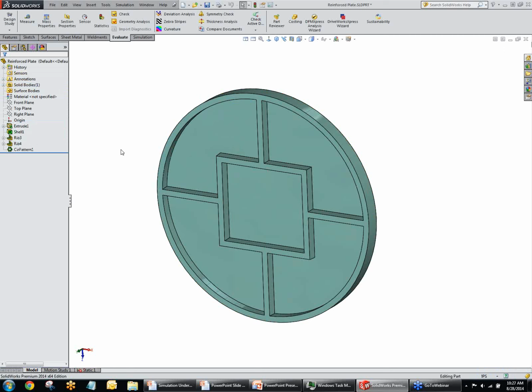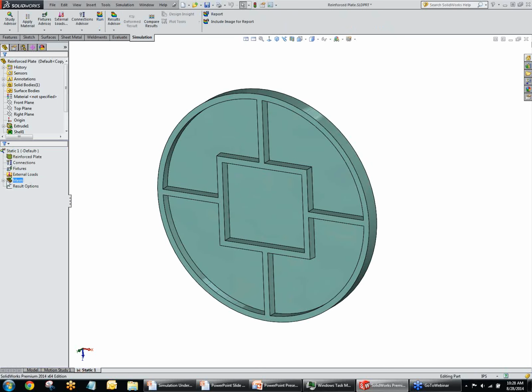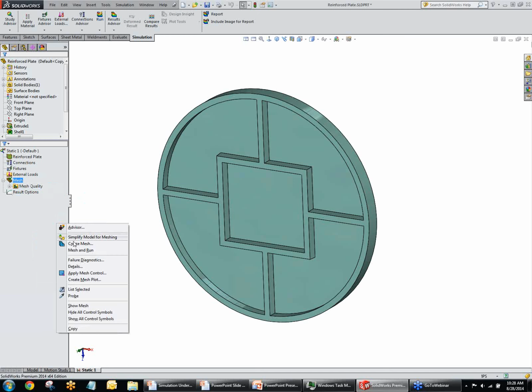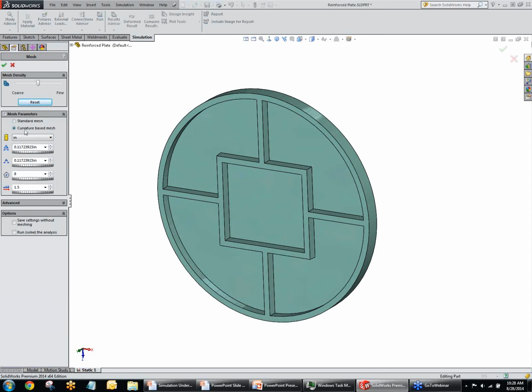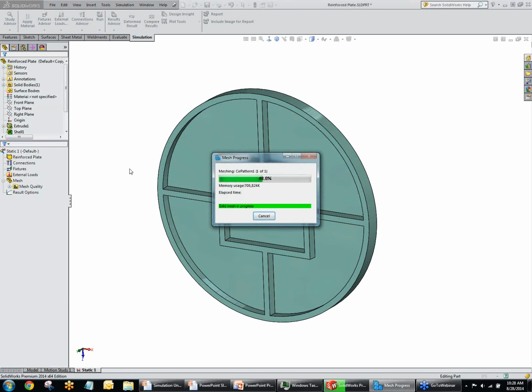One of the things I wanted to show in here was related to meshing. If I have a study set up here and I create a mesh, you'll notice that I have a mesh quality plot in here. One of the things that is related to getting a good solution is having a good quality mesh. So if I just create this mesh with the default parameters using a curvature-based mesher,